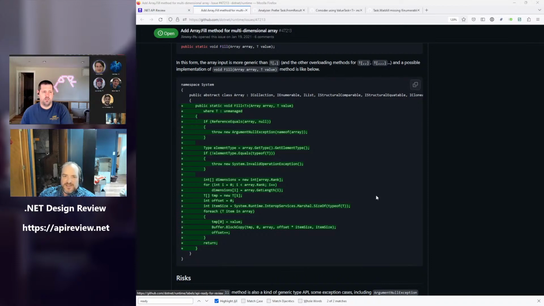Yeah, but the consideration there is array, for historical reasons, has been a static class, and people who wanted to do operations on array had to explicitly call array dot method and pass in the array. With span, people now do array dot as span dot method.